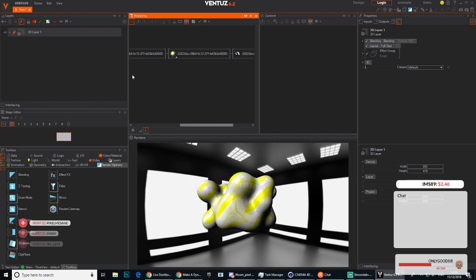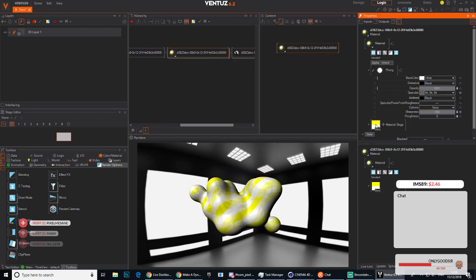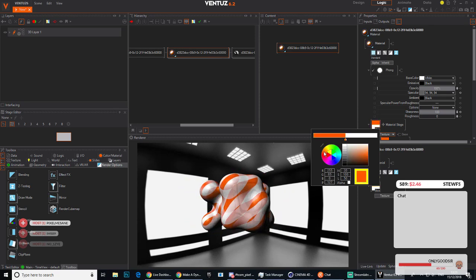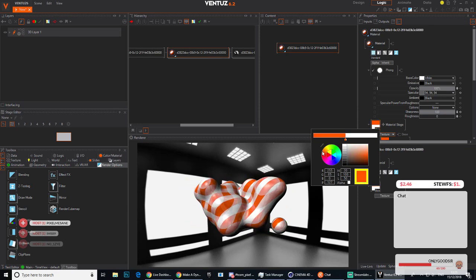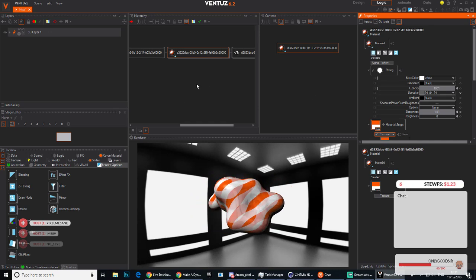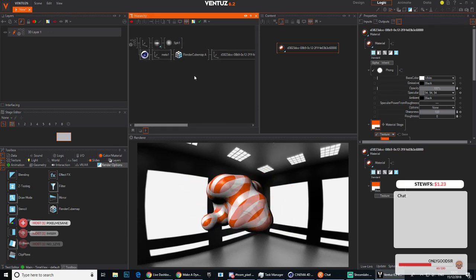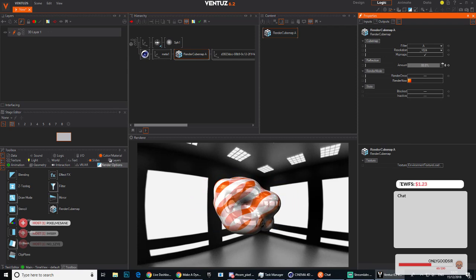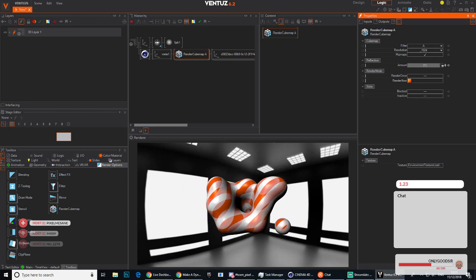You see how quick it is to do it in Ventuz. I mean, maybe that yellow is not the best color, but there we go. Go for proper glossy, or